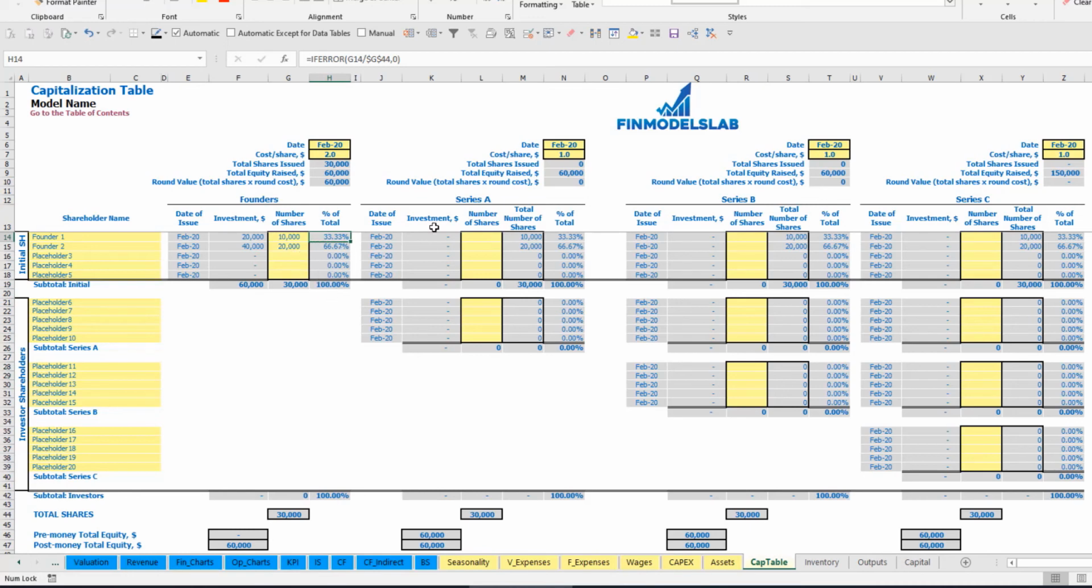67% of shares. So let's pretend that for Series A we have one investor and the date of issuance is May, cost per share is $5 per share and number of shares is 1,000. So total amount of investment will be $5,000. You may see that before the Series A total equity was $60,000, after is $65,000, and investor 1 will have 3.23% of shares, and the shares of founder 1 and founder 2 also diluted, 32.26 and